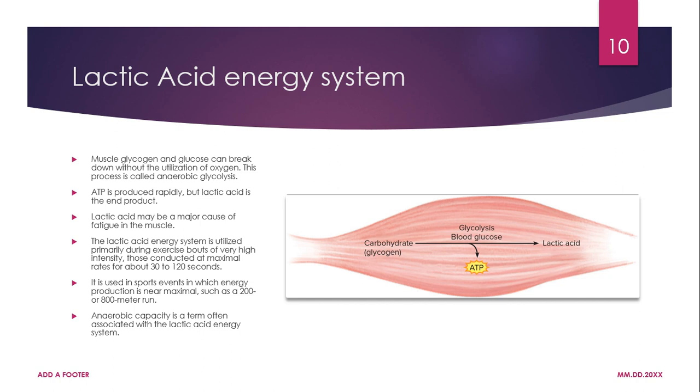The lactic acid energy system is utilized primarily during exercise bouts of very high intensity, those conducted at maximal rates for about 30 to 120 seconds. The lactic acid system has the advantage of producing ATP rapidly. Its capacity is limited in comparison to aerobic glycolysis, for only about 5% of the total ATP production from muscle